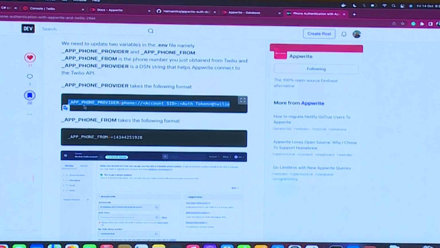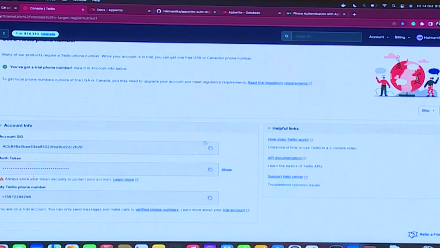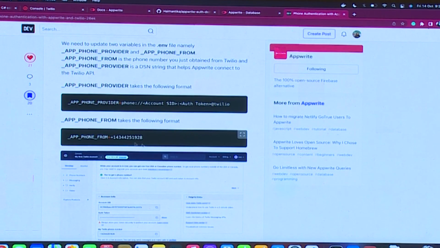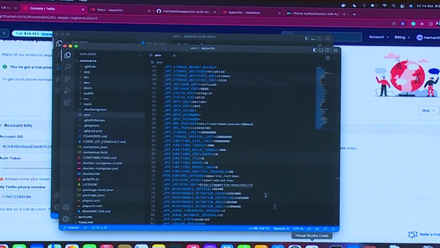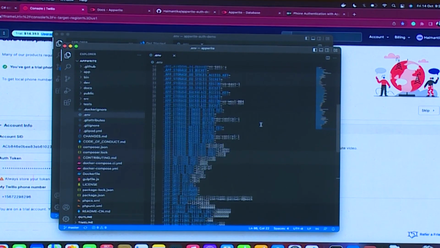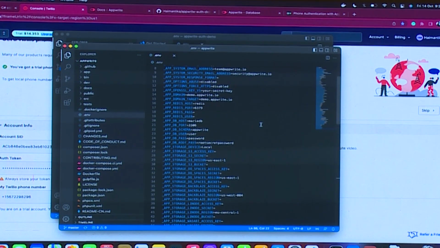It's the _APP_PHONE_PROVIDER, and this is what you need to fill it in with. And here in account SID and auth token, the tokens will be available from your console. Another parameter that you need to change is _APP_PHONE_FROM. Once you do that, you need to do all of it in your .env file. I already have it here, which is why I'm not doing that step.